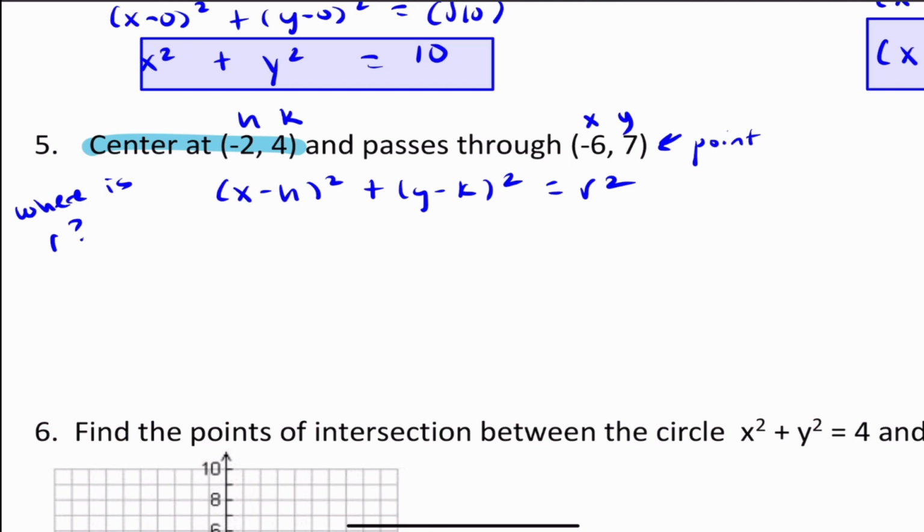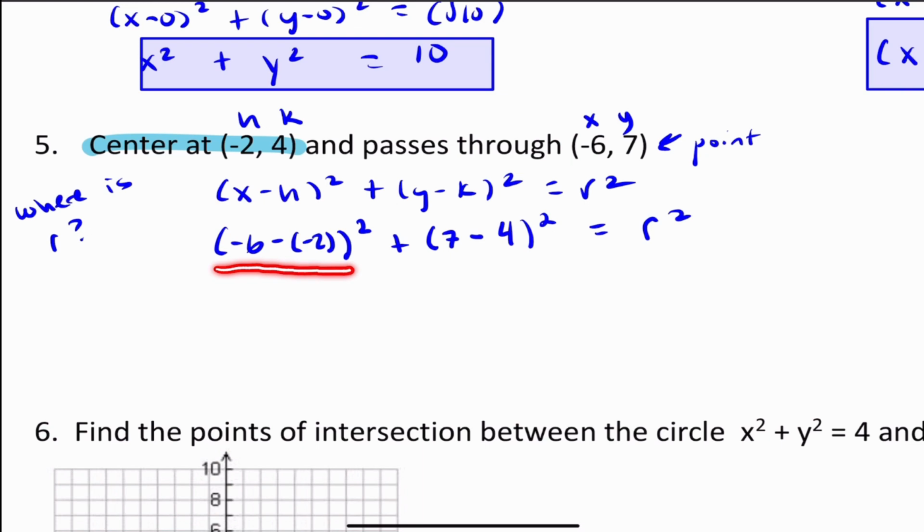So we have x being -6, because x is -6, we have the minus sign here, and then h is -2. Plus y is 7 minus your k, which is 4, quantity squared, equals r squared. So then (-6 - (-2)) quantity squared